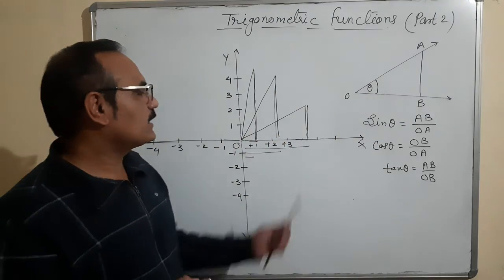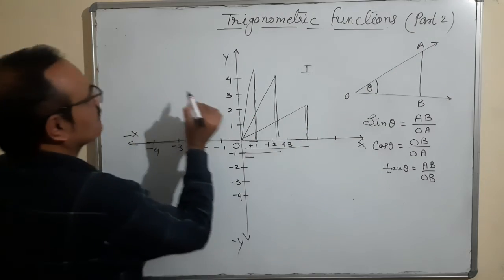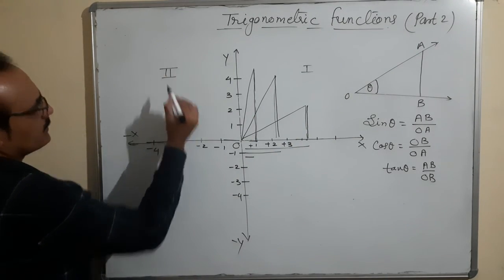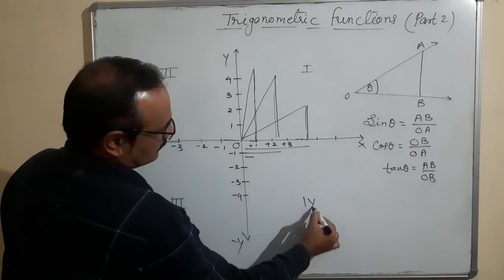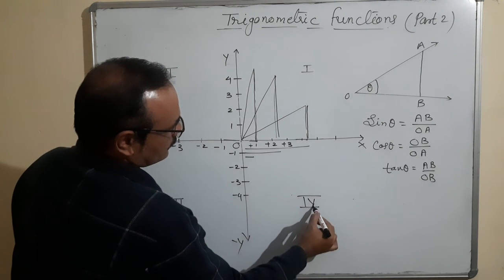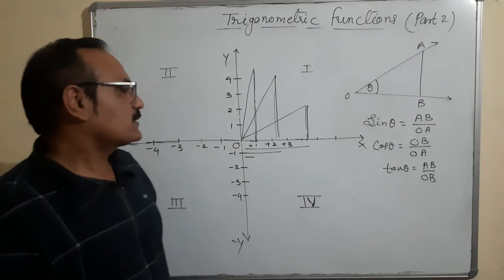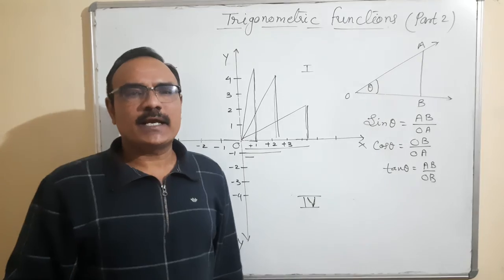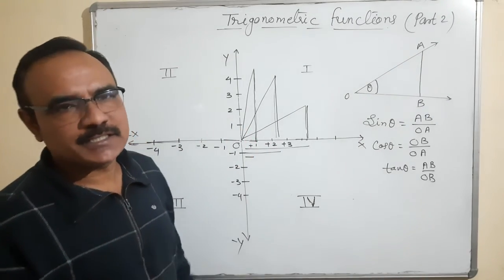In these three triangles, in the first quadrant, you can see these are the quadrants: first, second, third, and fourth. These are the quadrants we have studied in class 9th. So in this, you analyze all our right angle triangles. You analyze one thing: the hypotenuse is fixed, its length is fixed, it is not changeable.